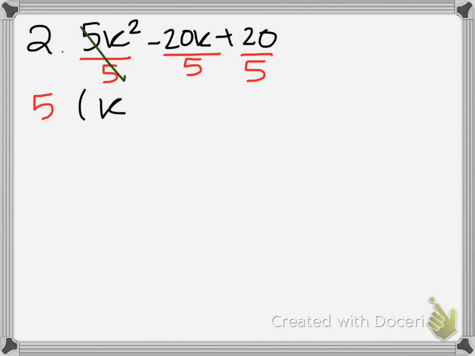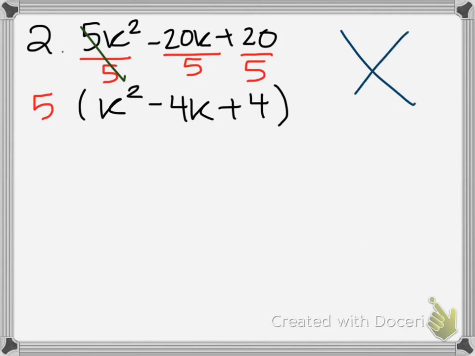And we're left with k squared. Negative 20 divided by 5 is negative 4. The k has to stay, plus 4. So now we're trying to factor the inside. That means make it look simpler. We don't want any square terms. It has to go. So you could do the x method on this one. I personally wouldn't, but I'm just going to show you